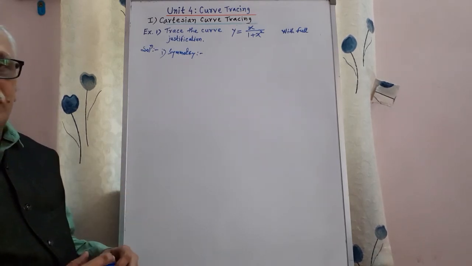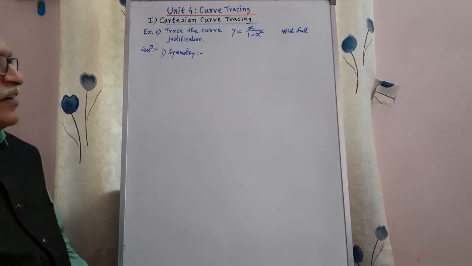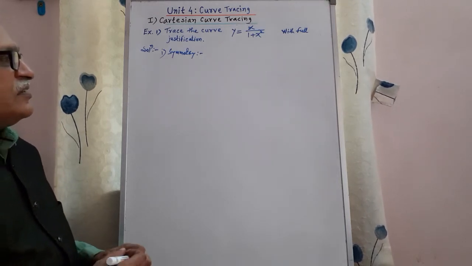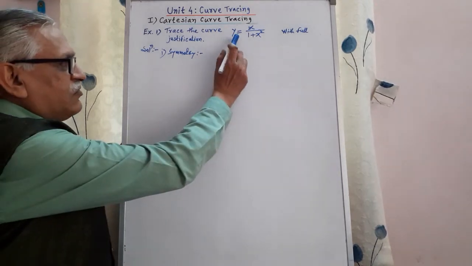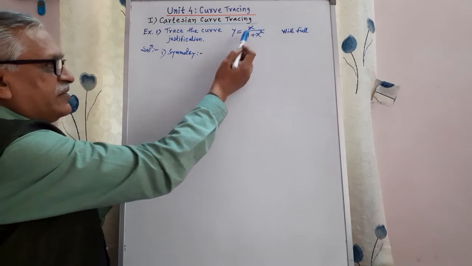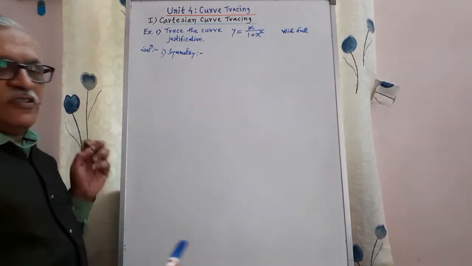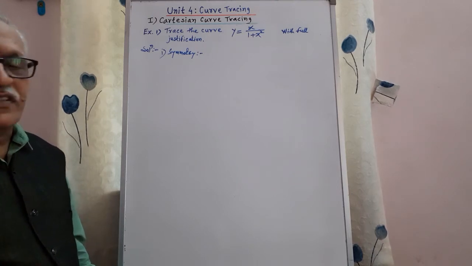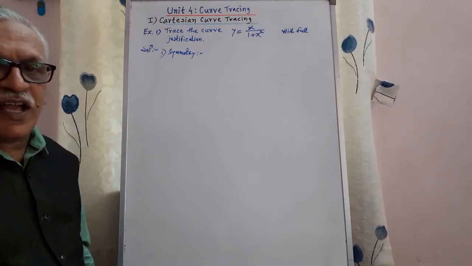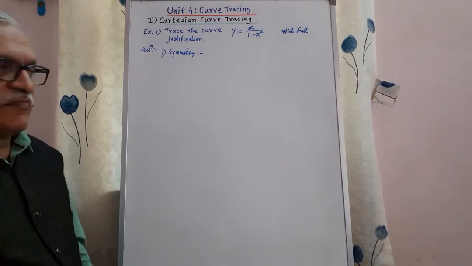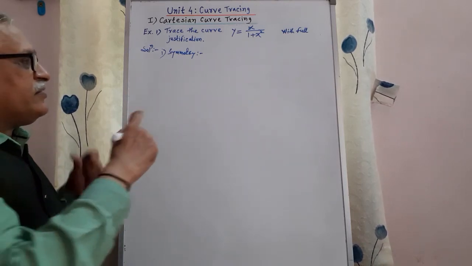Then we check whether it is symmetrical about the line y equal to x or not. Replacing y by x and x by y, here it becomes x, here it becomes y upon 1 plus y square, means change is there, and as change is there it is not symmetrical about the line y equal to x. Fourth symmetry, replacing y by minus y,